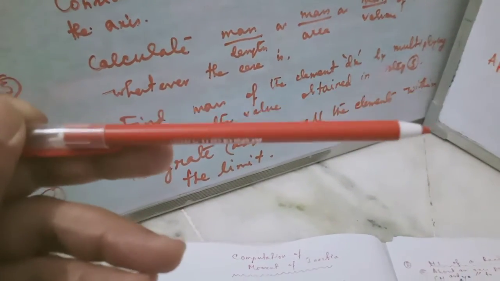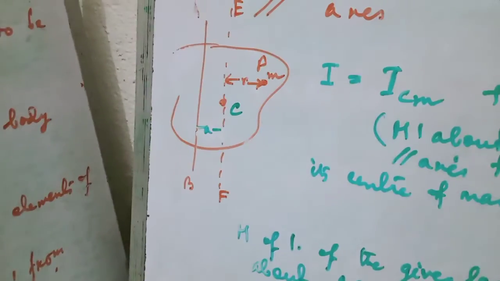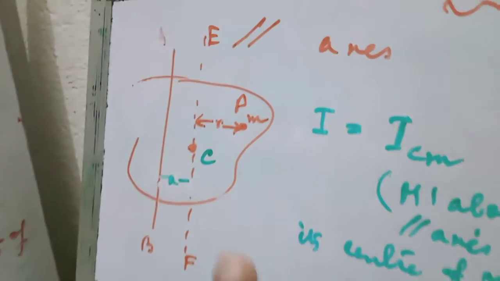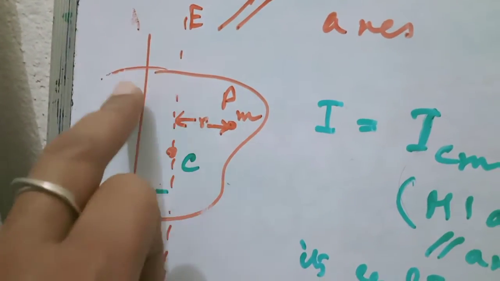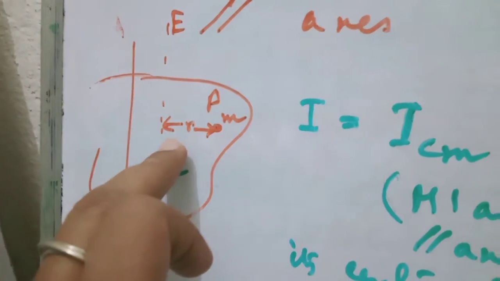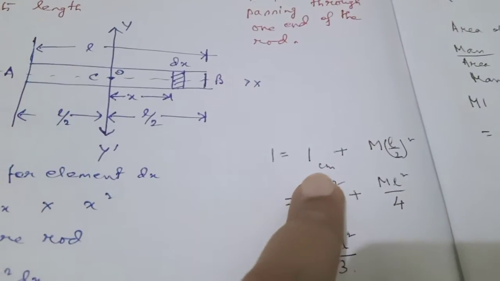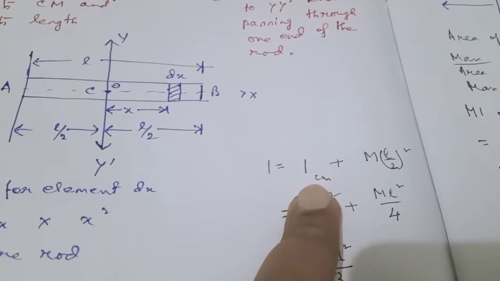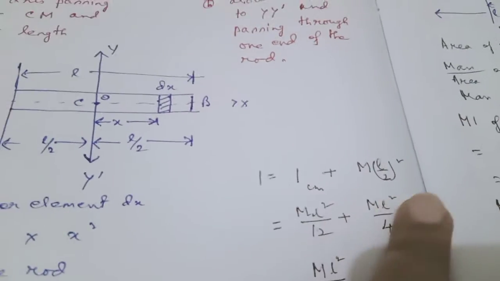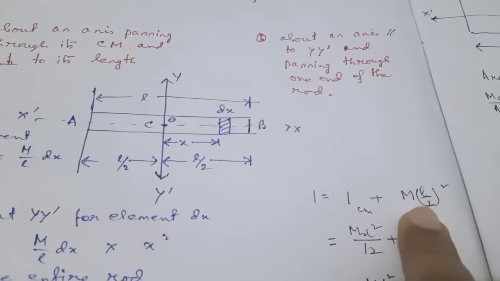So from the central point, that means the center of mass, here we can take the help of the theorem on parallel axis, because here we consider this line to be the end of the rod, rotating about this axis, while one axis passes through the center of mass. So we take the theorem on parallel axis, that is, moment of inertia about an axis through its center of mass plus mass into square of the distance. Here the distance from the central line is L by 2, so m into (L by 2) whole square.